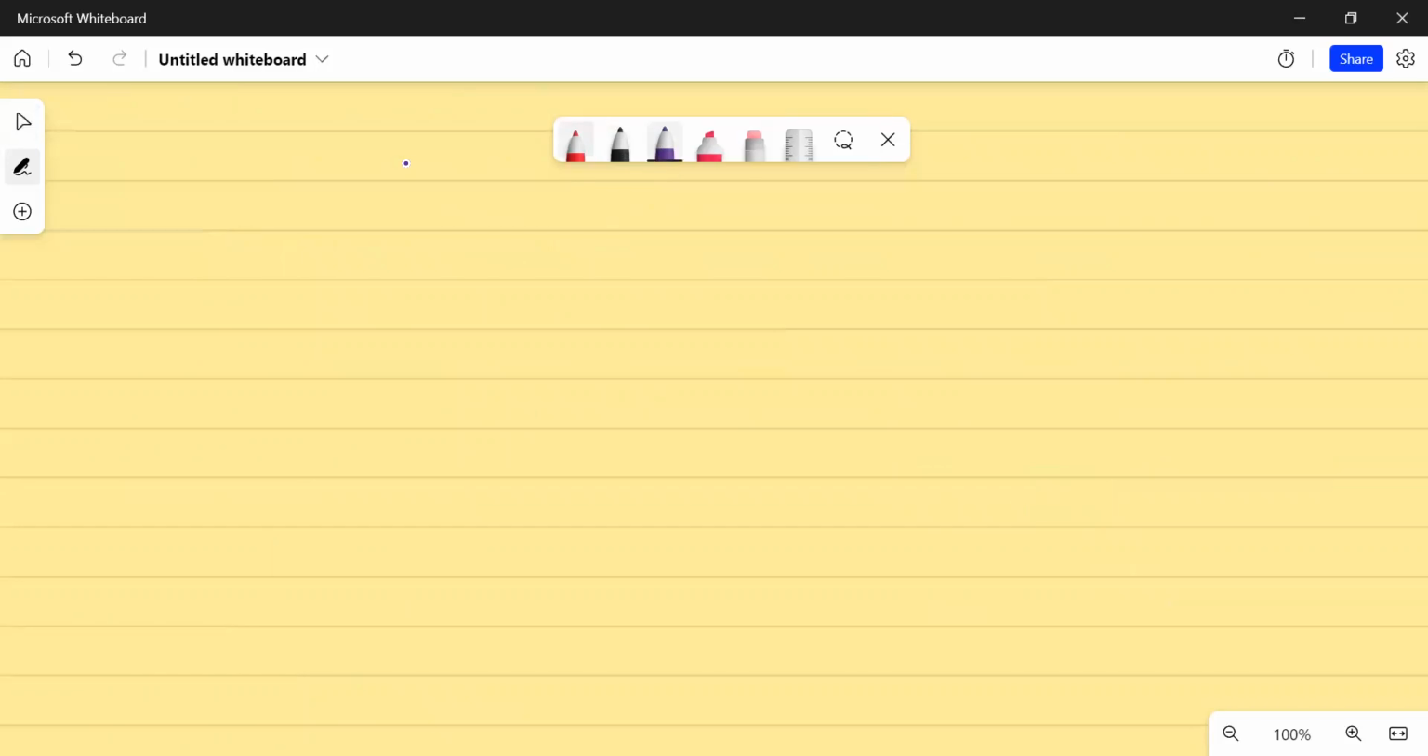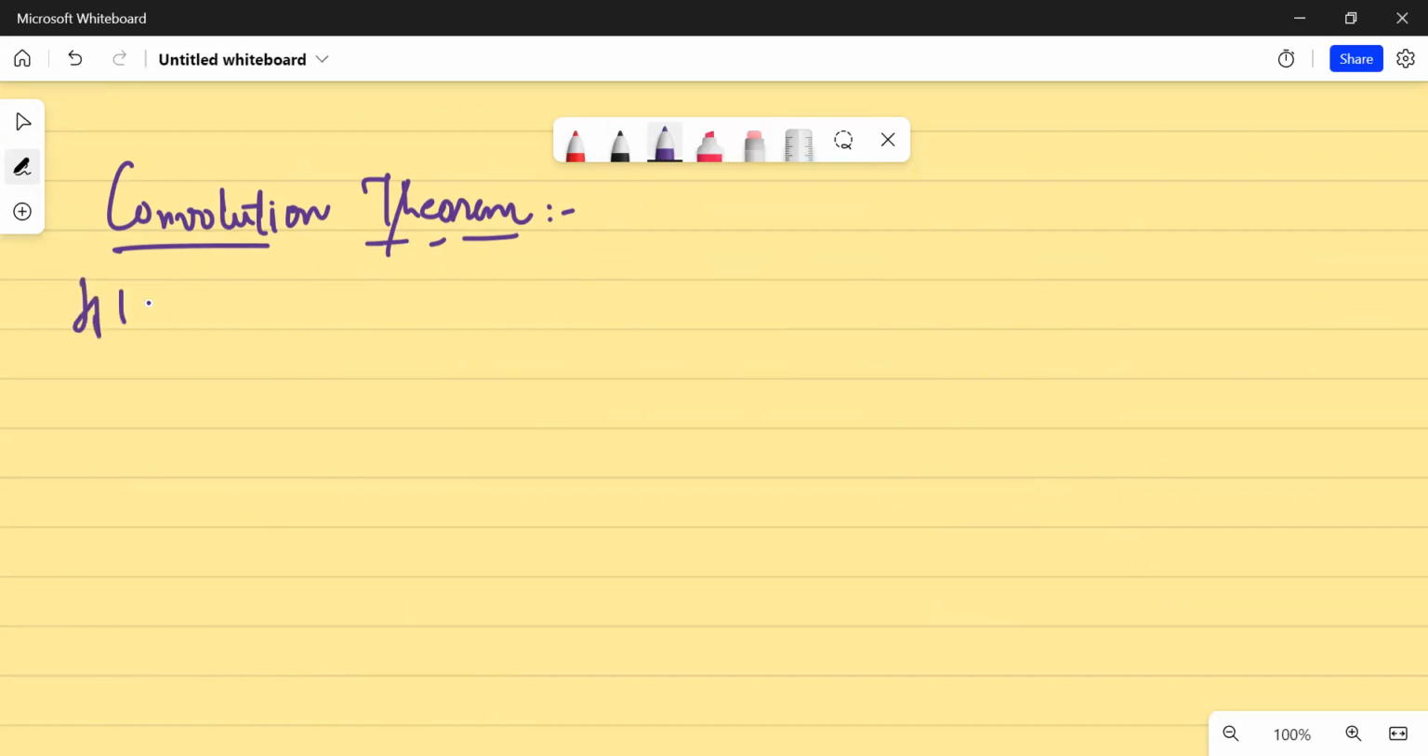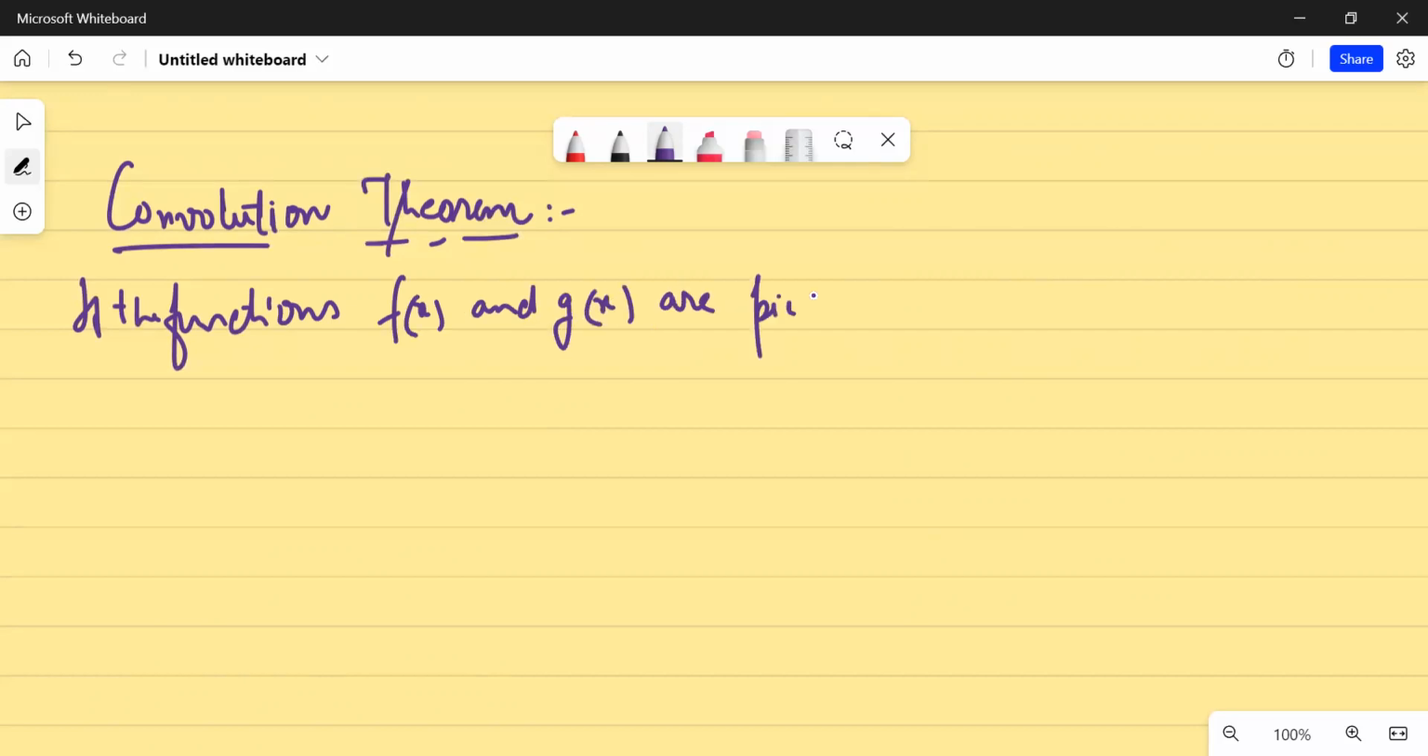Now let us move to another important property, which is called the convolution theorem. The property is called the convolution theorem. So it will slightly use interchange of variables. Let us see if you are able to follow it. Otherwise, remember the property at least. If the functions f(x) and g(x) are piecewise